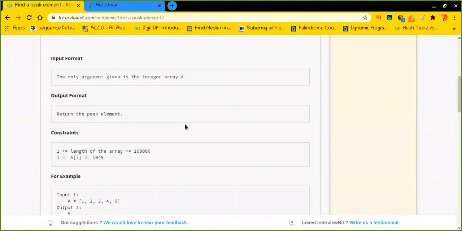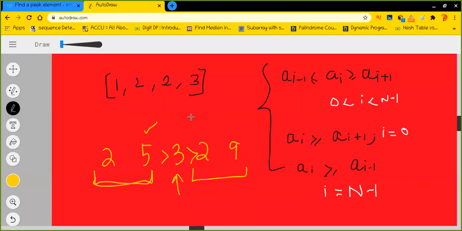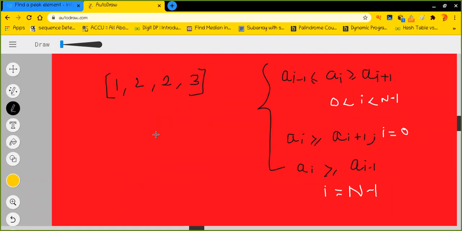But I can assure you that we will always have a peak element, that is pretty obvious. Why is that so? Let us see which kinds of conditions we may have. One of the conditions is that we may have an array that is already sorted in increasing order.